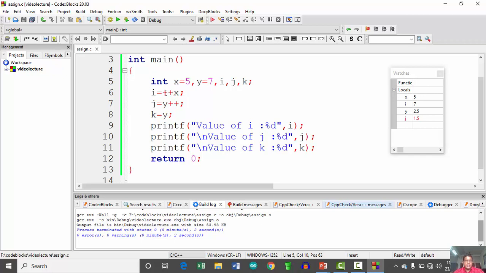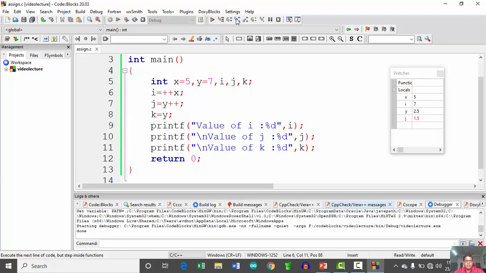We are going to apply the pre-increment and post-increment operators on these x and y variables, and the updated values we are going to assign to variables i, j and k. Now in this program, this specific declaration is called a pre-increment and this is called a post-increment. So let us see how things are going to work.